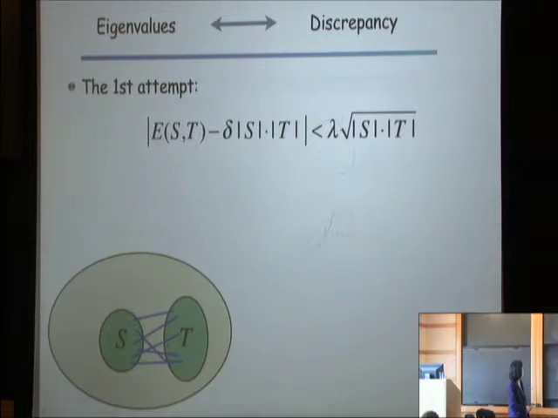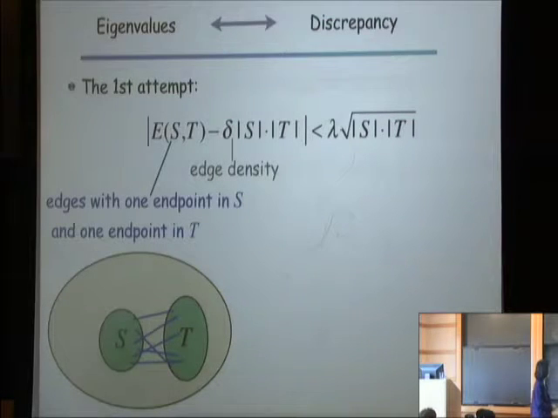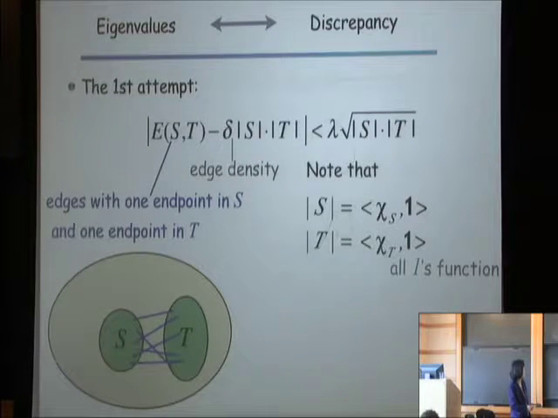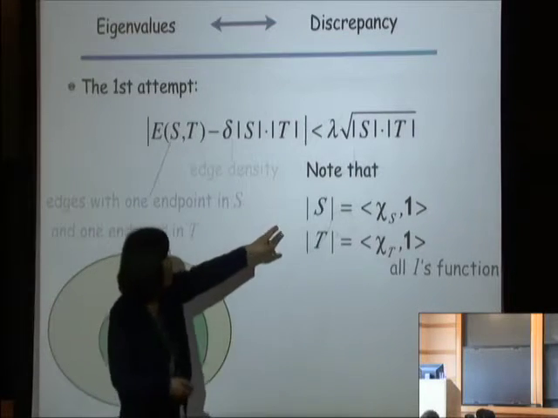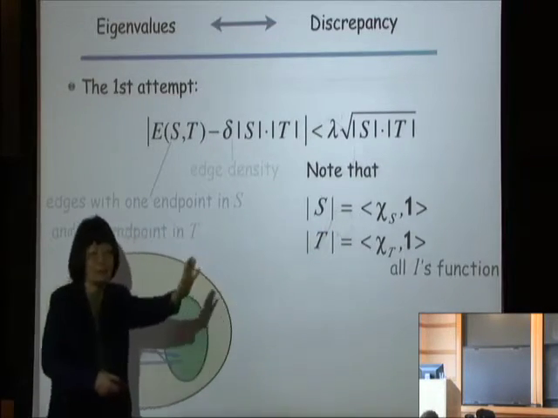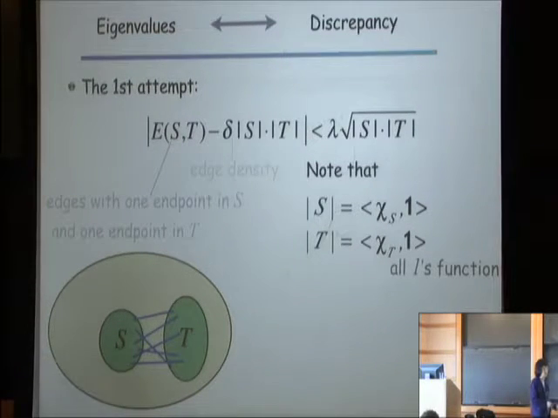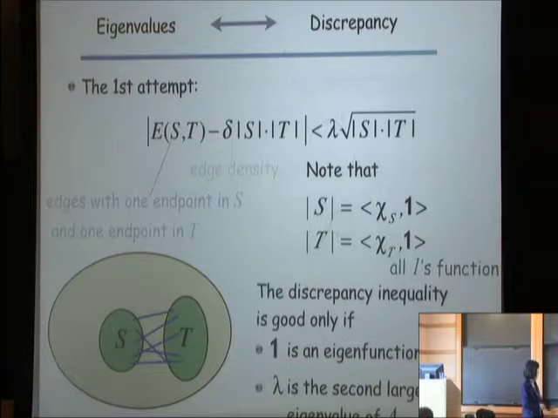The one which we see the most often is like this. The number of edges in between S and T, with one endpoint in S, another in T. Then you take the size of S and T and multiply by the edge density as an estimate. And this can be bounded above by lambda times the norms of S and T under this condition. See, this inner product of S and T is really with the all-ones function. It is the Fourier coefficient for that eigenfunction, if one is an eigenfunction and lambda is the second largest eigenvalue